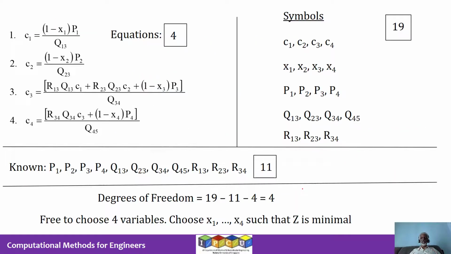These should be less than or equal to 20. And by doing an analysis of the equations and the symbols that exist in the equations, and saying we know these 11 variables, we have values for those 11 variables, we said we are left with 4 degrees of freedom, and we could use those 4 degrees of freedom to meet the environmental regulations and achieve it at minimal cost. And the 4 decision variables we chose were x1, x2, x3, and x4.